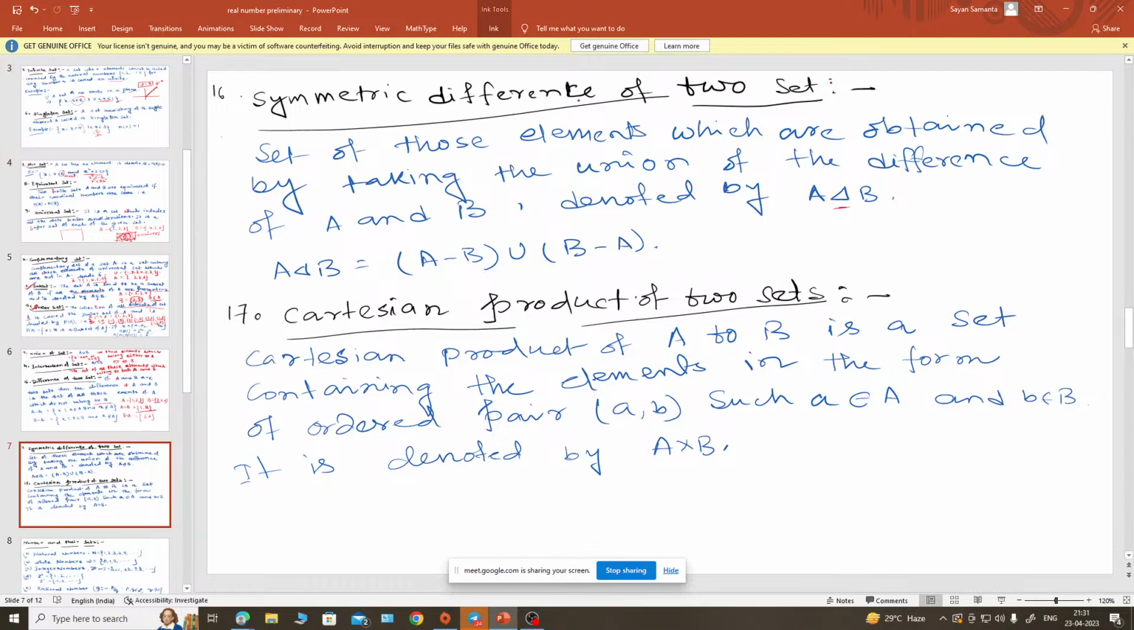So this is the symmetric difference of two sets, which we can write as A delta B, and A delta B equals A minus B union B minus A. Is it clear to everyone? That is called the symmetric difference of two sets. Now next,